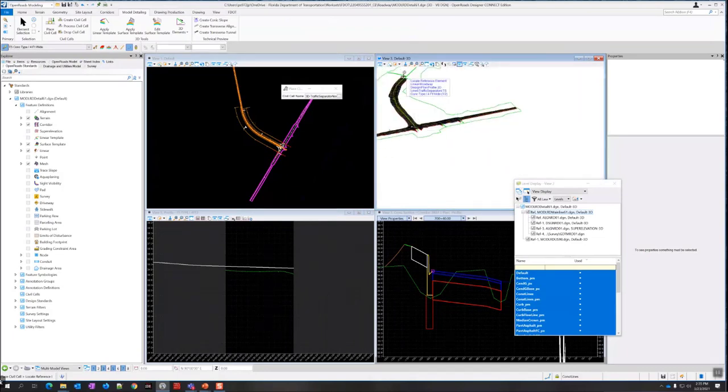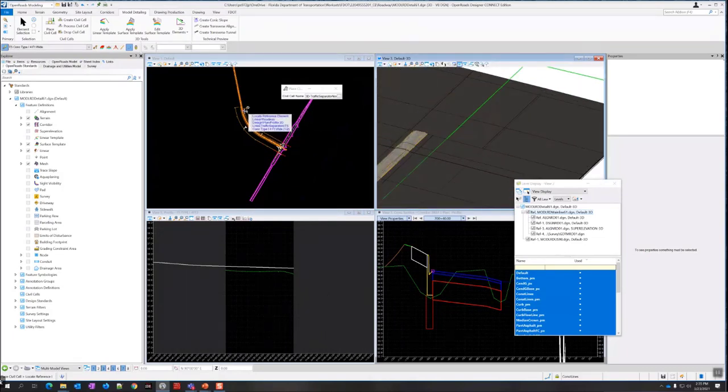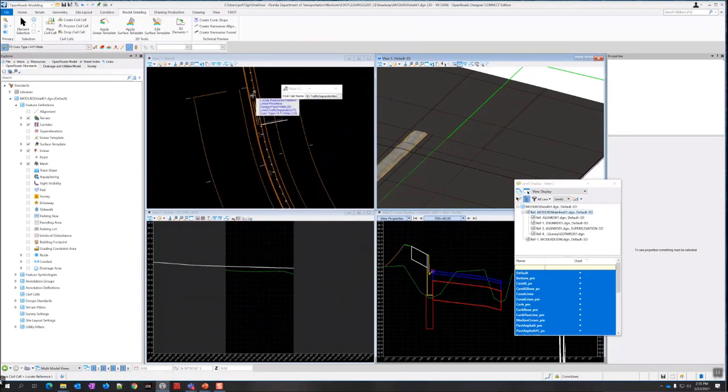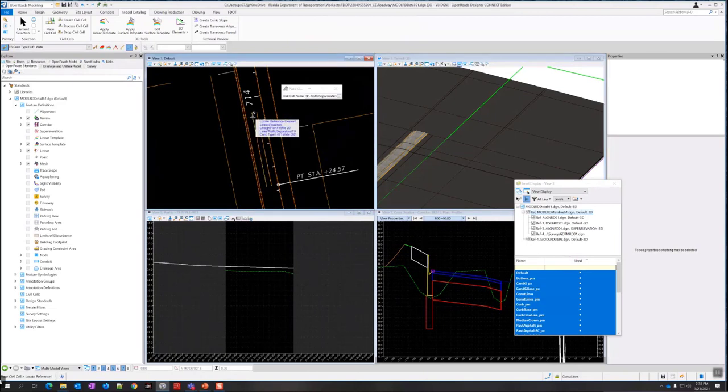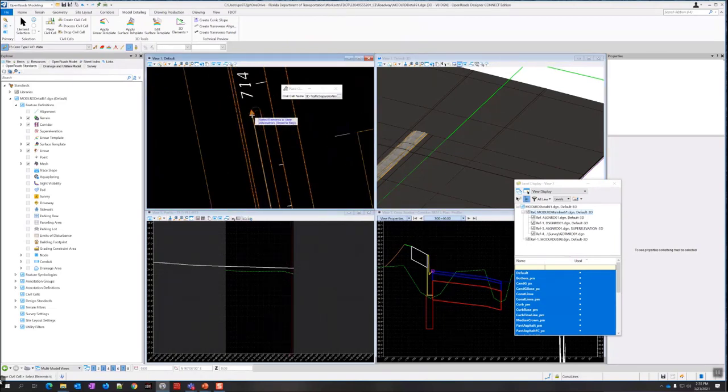Let me move the 3D view down here. And then it's still in the same command. So it's just asking for the reference element. So I'm just going to select these two lines as the two reference elements. And this time it happened to get the right one. So it makes a difference what order you select them in usually. If you select them in the right order, it may go to the right place right off the bat. So I'm just going to reset because it's in the right place, and then accept. And there's my traffic separator nose.